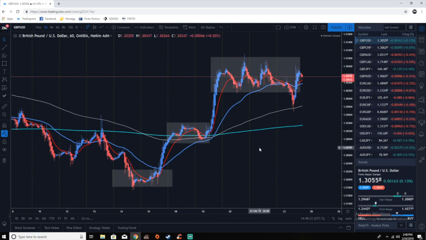Okay, so that's when you know you're at level 2. And then level 3 typically is going to be a cross between either the 800, the 200, and the 50. So anytime that the 800 crosses either the 50 or the 200, or all of the EMAs are flat out, okay, you should be at a level 3. All right, or a peak formation high or low. All right, guys, so that is going to be an easy way for you to find what level you are